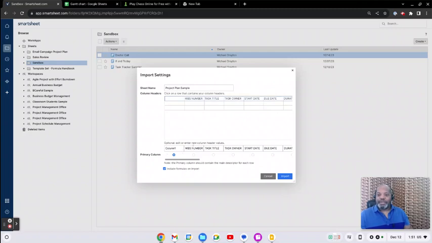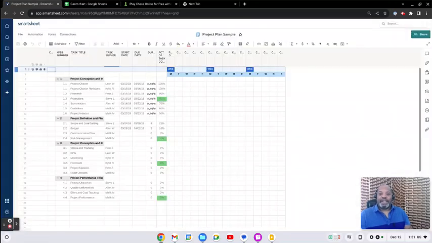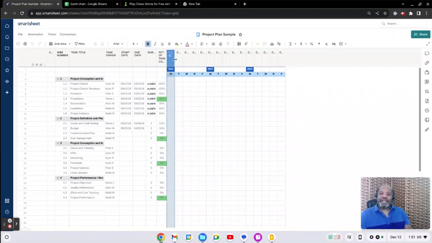All right, we're going to make the WBS, the work breakdown structure number, our primary column, and we're done. And now we have our basic project plan. You see our headers at the top, just like we wanted. Now remember, I was saying we wanted to delete all these extra columns before we migrate it, and the reason for that is that